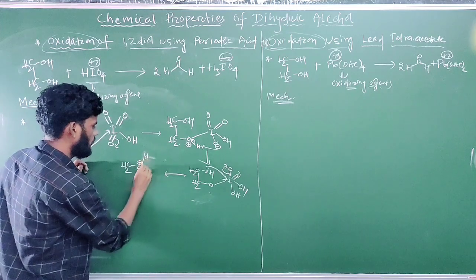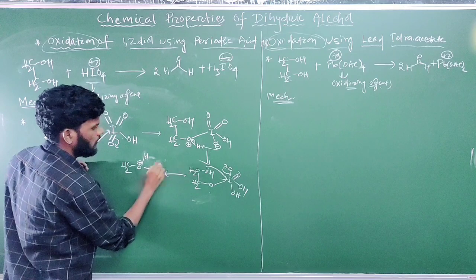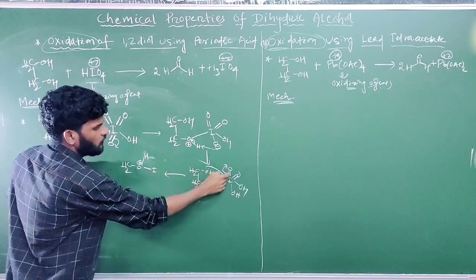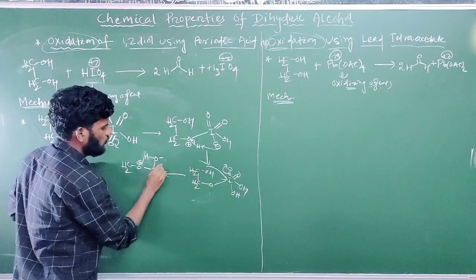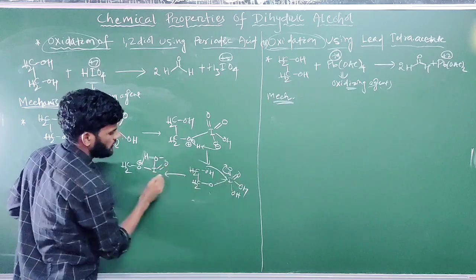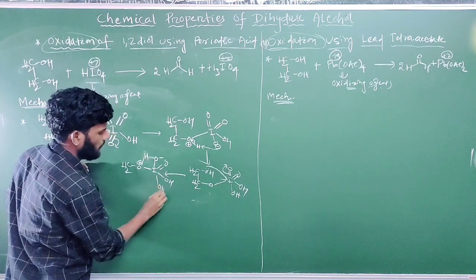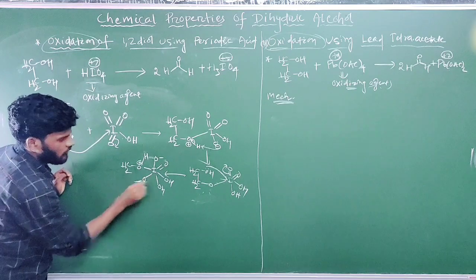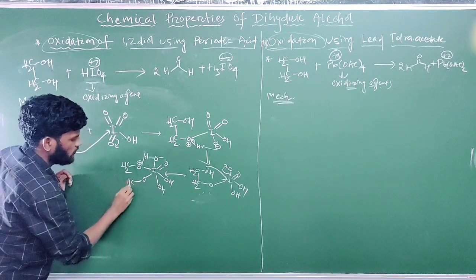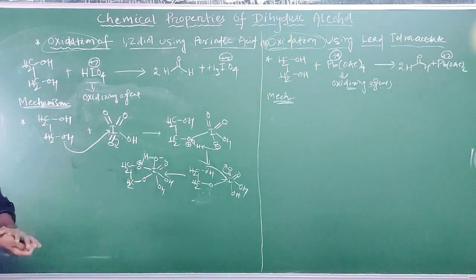Write hydrogen here, and oxygen attached to what? Iodine. Now iodine, and this bond moves over to oxygen, then negative charge over oxygen, and here double bond O, OH, and iodine also attached to this O, and oxygen attached to this CH2, and CH2 attached to CH2. Okay, and this is one cyclic type intermediate.